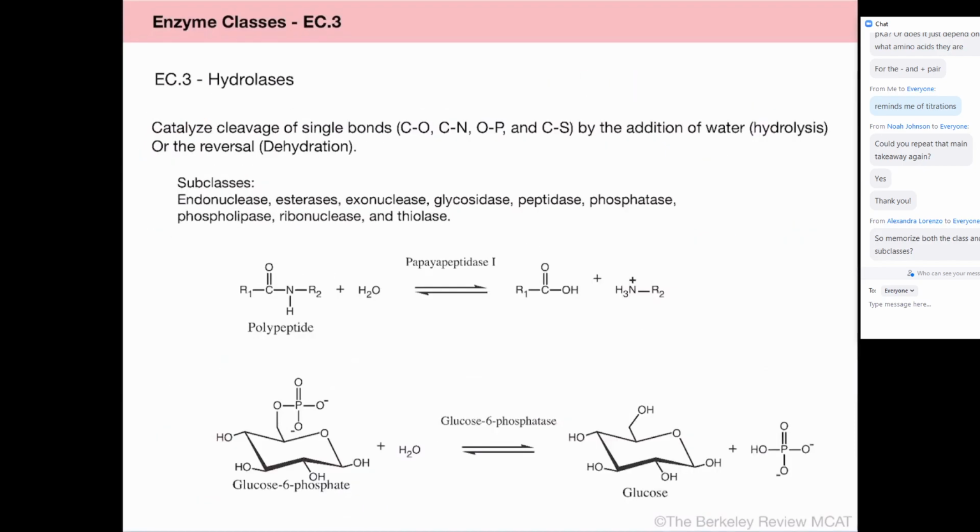All right. Hydrolysis. We'll go super quick because I'm essentially just reading these slides. Hydrolases catalyze the cleavage of single bonds by the addition of water. So your general reaction is AR plus water goes to